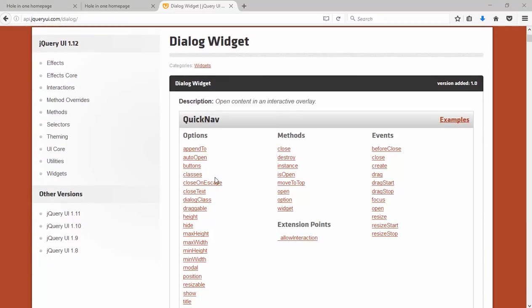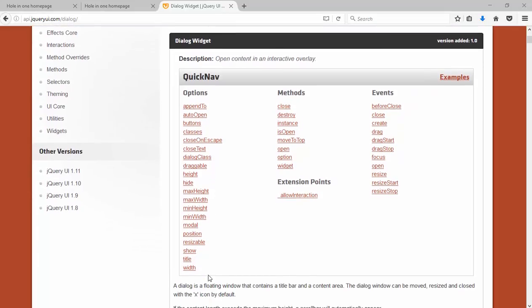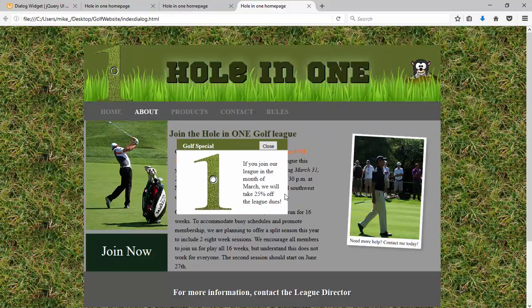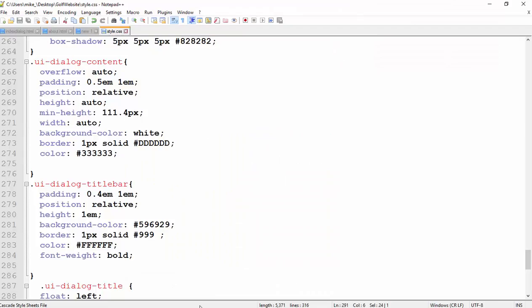And within the dialog widget, you have all these options that you can change. So if we want to make it resizable, we can do so. Right now, if I refresh this, I can move this anywhere I want on my page, but I'm not able to resize. Now granted, you have to know what type of content you have to make sure it resizes. So with that regard, I have to go back to my regular code,